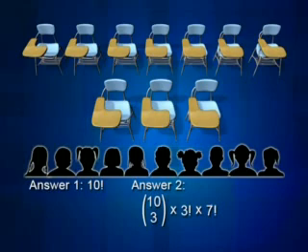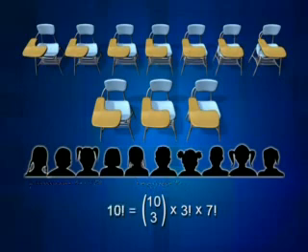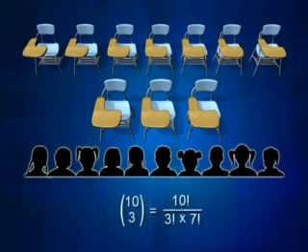Now I've just given you 2 different answers to that question. Which answer is right? Well, our logic was impeccable both ways. Therefore, both answers are right. On the one hand, the answer is 10 factorial. On the other hand, it's 10 choose 3 times 3 factorial times 7 factorial. And since both answers were right, we can set them equal to each other. And when we do, we get 10 choose 3 equals 10 factorial over 3 factorial times 7 factorial. And the same logic will give you the general formula for n choose k.